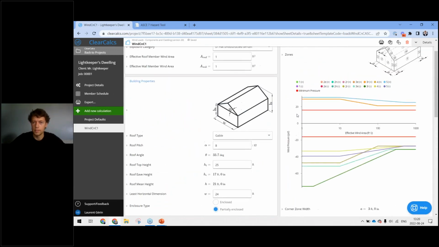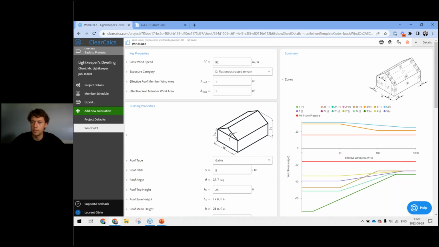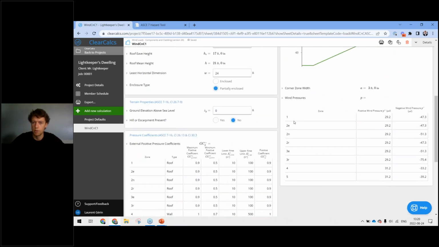So with that, we basically designed or we found our wind loads. We can see we've got the little zone areas here, and then these correspond in this table to these zones here. And so we can see for the different zones, we've got positive wind pressure and then negative wind pressure. So negative being suction loads. So if I look here,